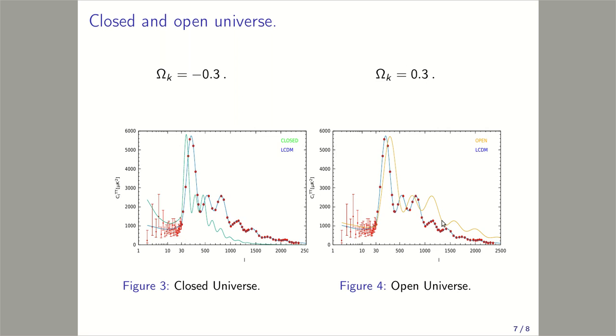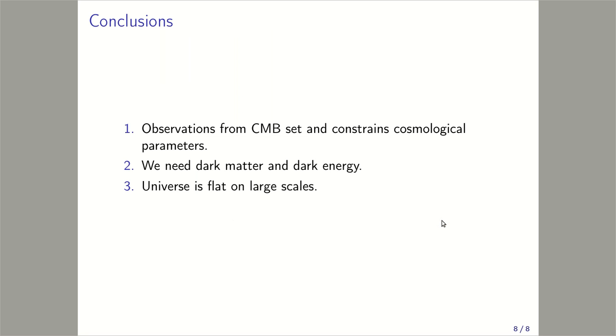So finally, conclusions: observations from the cosmic microwave background set and constrain the cosmological parameters. Then we need dark matter and dark energy in our theoretical model. We don't know exactly what dark matter is. We don't know if dark matter is a new particle, and we need to go beyond the standard model of particle physics to explain that, or we don't understand gravity on large scales, and we need to go